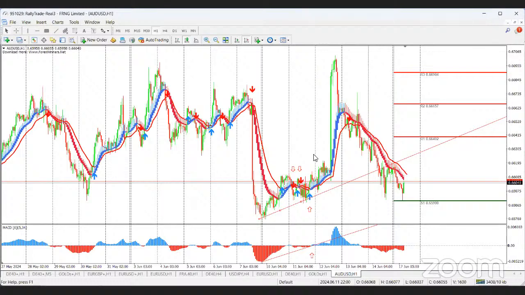Remember, higher lows and higher highs. When the price is doing higher lows and higher highs, it means that the trend is shifting to the upside. When the price is doing lower lows and lower highs, it means that the trend is shifting to the downside. So at this point in time, the trend is showing us higher lows and higher highs. And of course, the arrow is now coming that the price is most likely going to go down. It means that these two may not work, okay, in that instance.